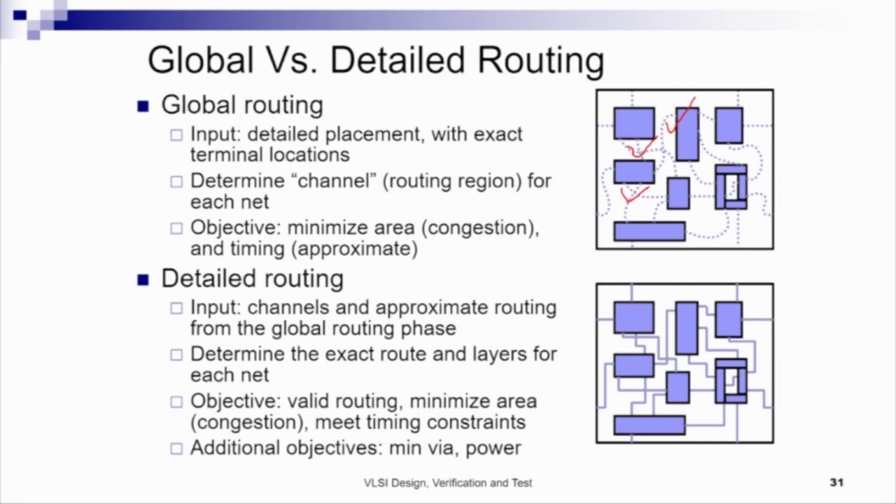So, determine channel or routing region for each net, but we don't deal with where exactly within this channel my wire will be placed. So, which track within this channel my wire will be placed through, I don't determine in the global routing phase. I only find an enumeration of the channels through which a wire between any two terminals